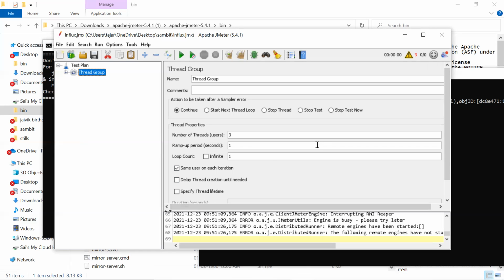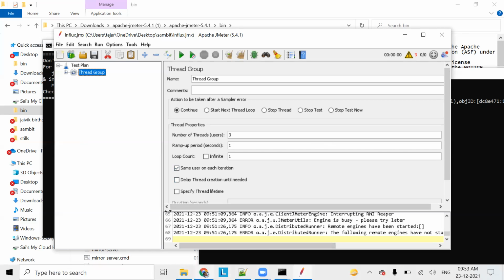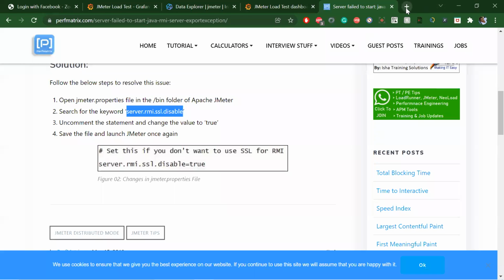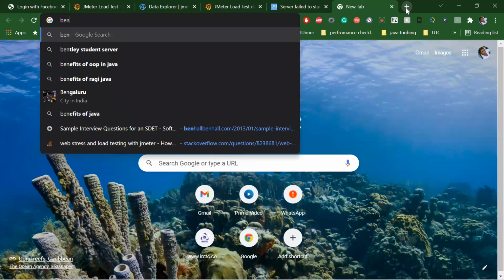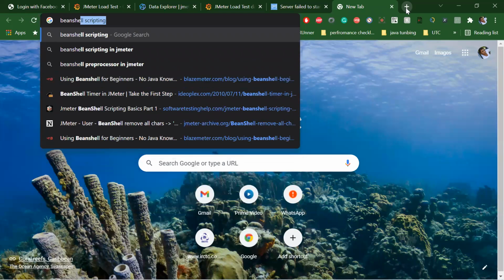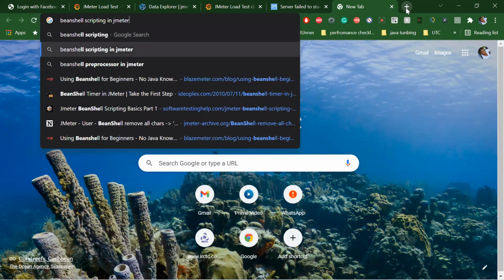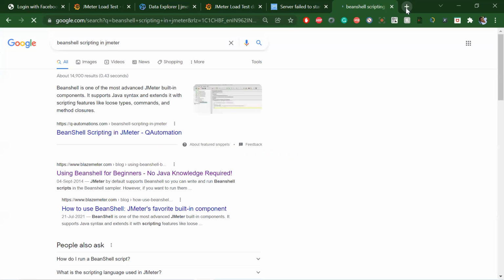Okay. For the coding, there are a lot of objects, for each sampler, each BeanShell, each concept has different things. I found one BlazeMeter website where they mention everything, so we'll follow that tutorial and try everything.